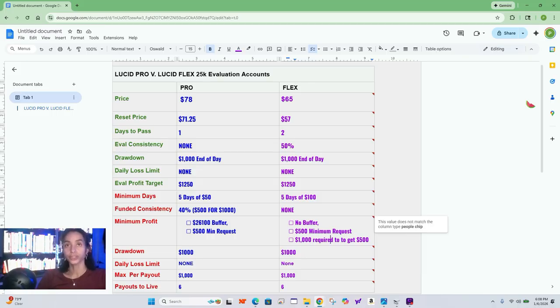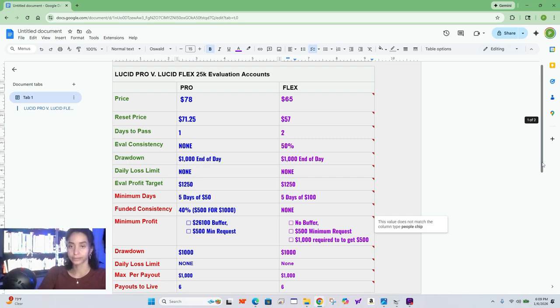Now, I will say I do appreciate the individual look, 1-to-1 ratio of evaluation or sim funded account to live account. This is similar to what Take Profit Trader does. I'm not sure that every firm does that, and I'll probably do an upcoming video on that, maybe comparing the transition to live programs of Lucid with Tradeify for that reason. But anyhow, those are pretty much the major details that I looked over,